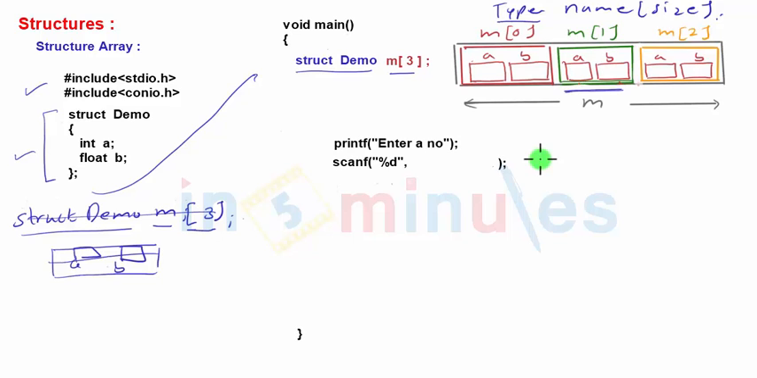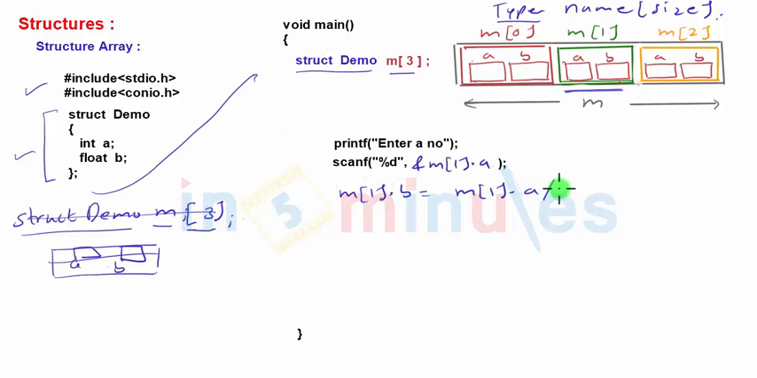Yeah, we have to input a value for m1.a and store half the value into b. For that, we can write printf "enter number", scanf for m1.a, and then the half value I want to store into b of m1. So I can write here m1.b is equal to